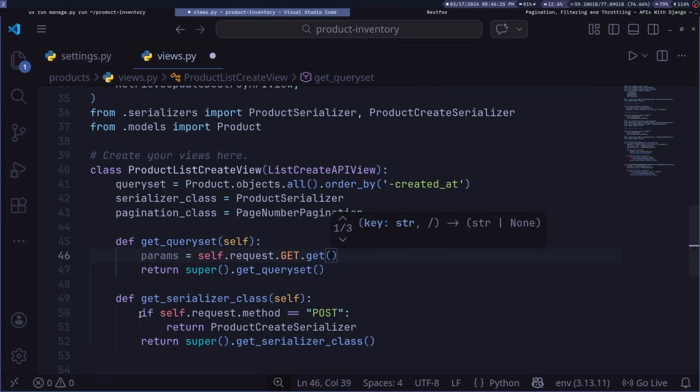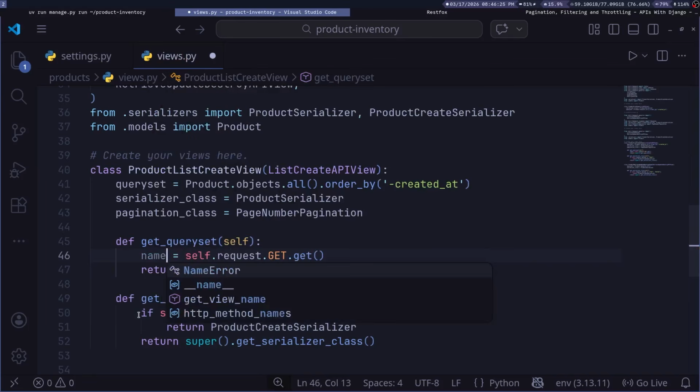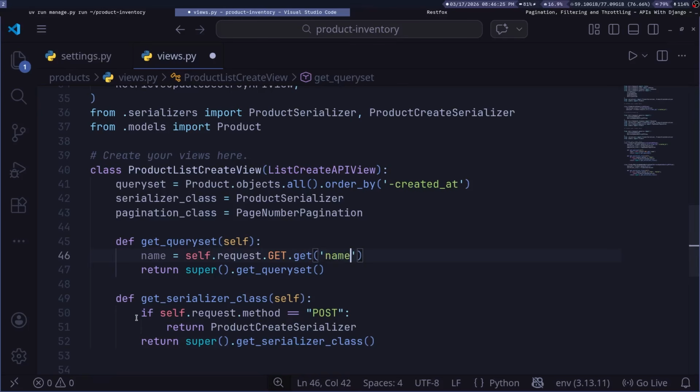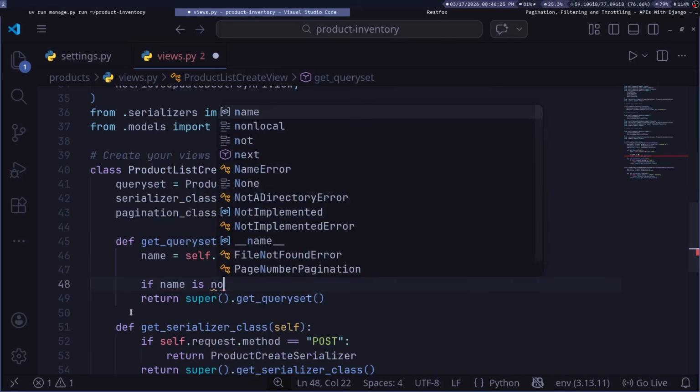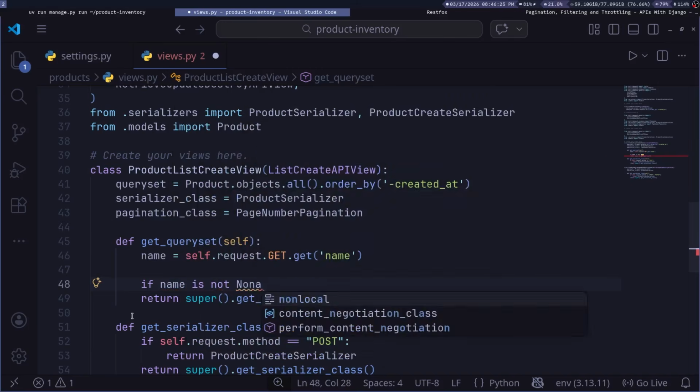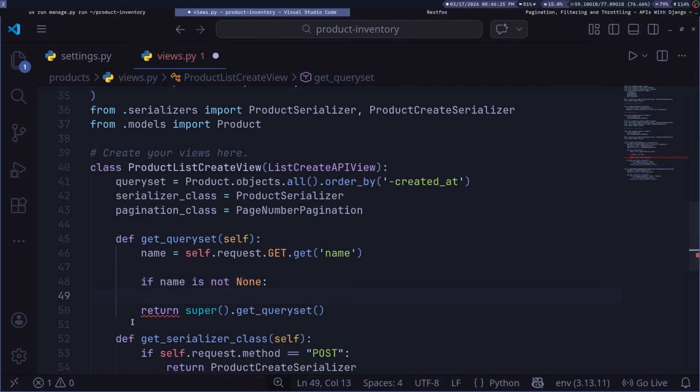So what I want is to get our parameter. Let's say we want to filter items by the name. If I say name is going to be self.request.get, and then let's say the query parameter we're going to be using is going to be name. We want to check for products or be able to filter with products once we provide a name. So we may do something like if name is not None. That means if we are to provide a name query parameter, then instead of